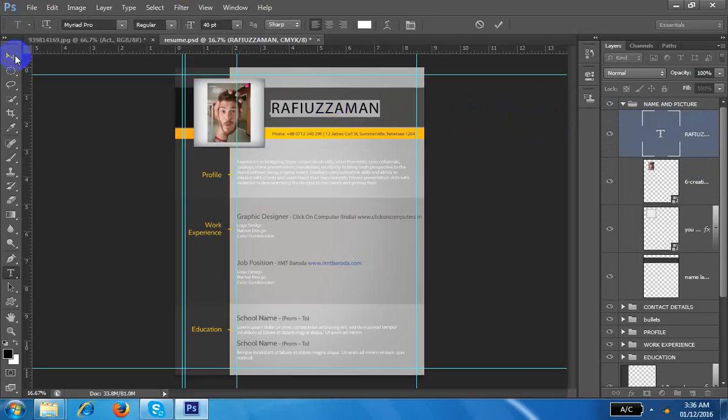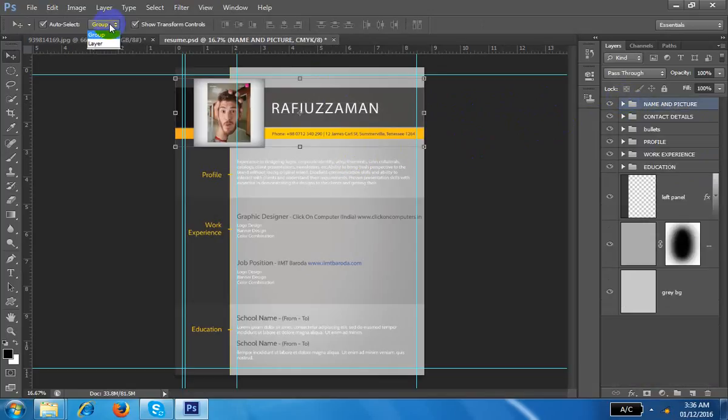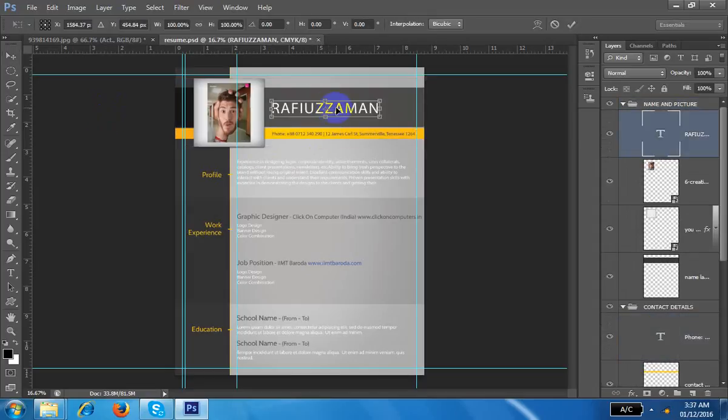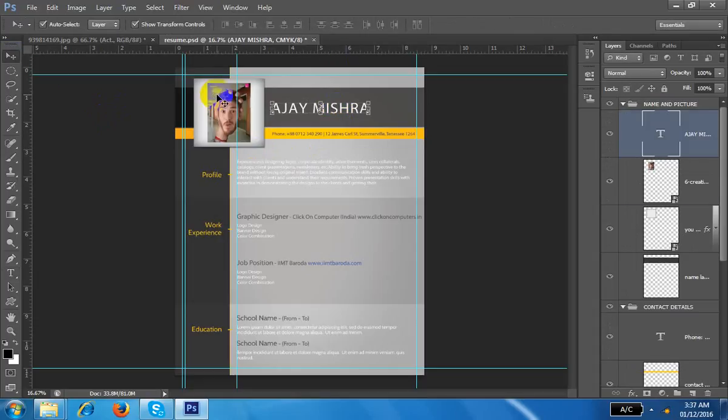First is this option, but this is a little bit harder. So you can do one thing, go to the group, a very easy way, and go to the layer. Then you can select anything very easily and work. Suppose you want to change this one, select T, select this one, press T and change it. Understand everybody? Yes.